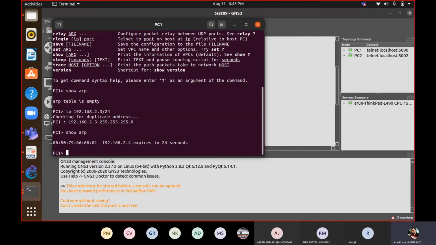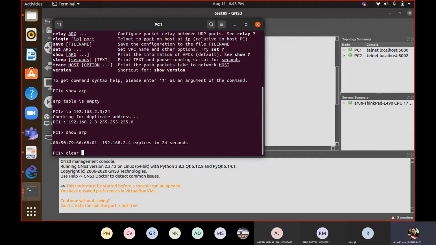So who will send the response? 0.3 will send a response to 0.4. So 0.3 should also know the equivalent MAC address of 0.4, so it will also maintain this information. How it will maintain it, and what the sequence of packet transmission will be, we will see.